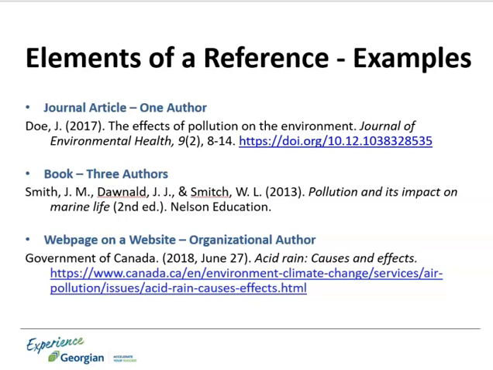Examples can be seen here. Notice how the journal article example shows a reference with one author, while the book example shows how to list 3 authors, and the website shows how to use an organizational author. When creating your own references, compare them to examples like this and pay careful attention to the order of information, use of periods and commas, as well as the use of italics. You can find example references in the APA manual, on the Georgian College APA Citing Guide, and the APA Style website.